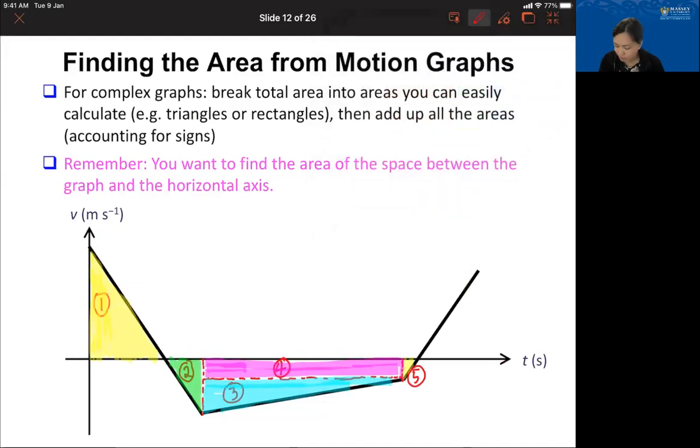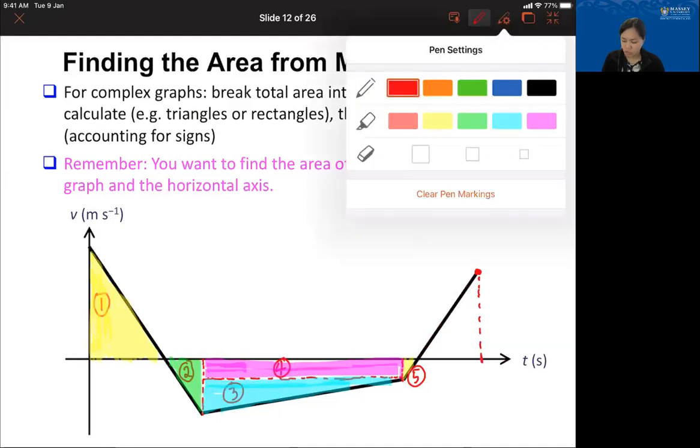And then you still have this portion of the graph that you have to figure out. And if that's the final time there, your motion stops at this point. So that traces out a triangle. So that will be,